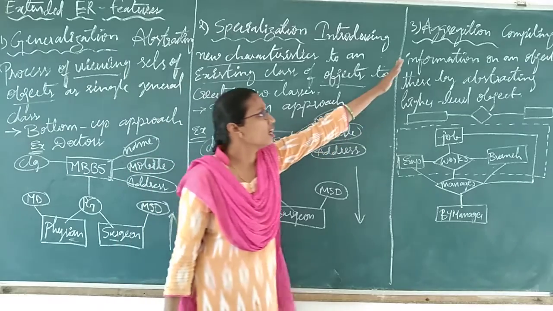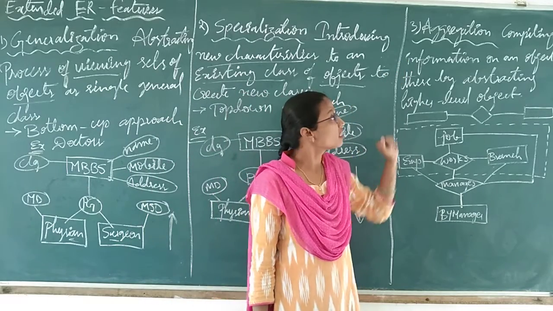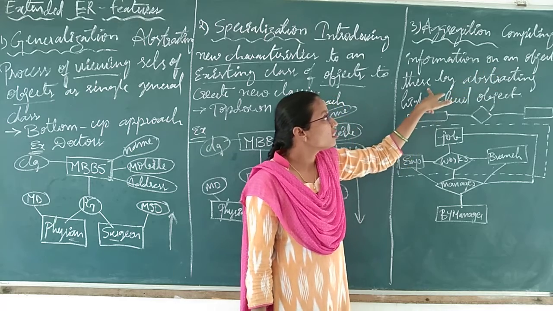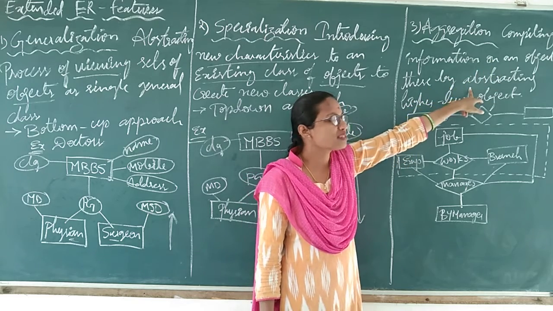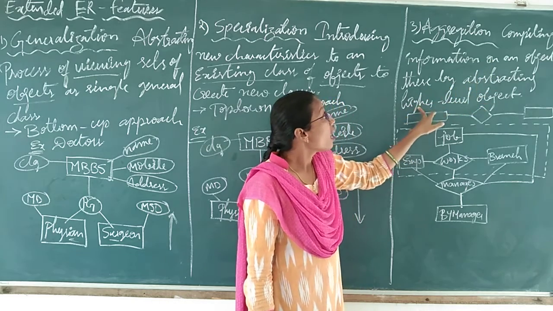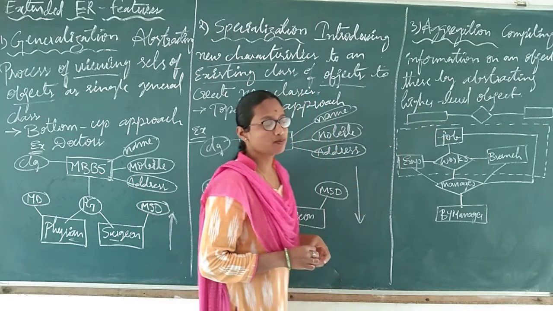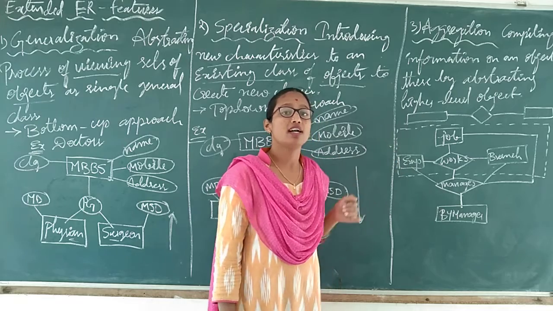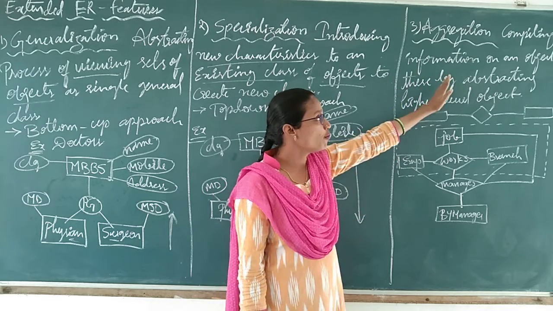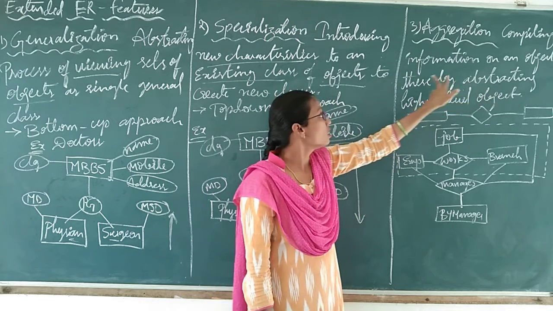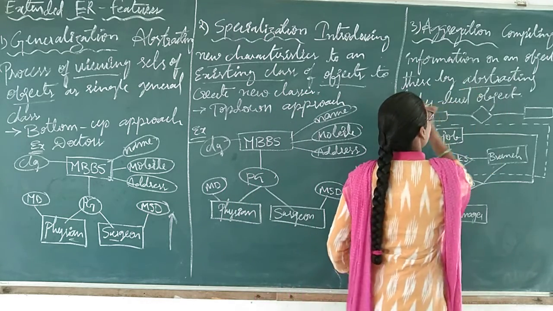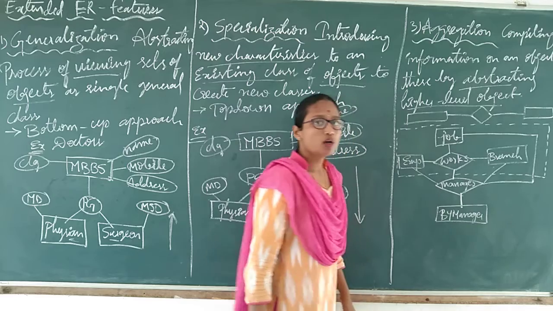And the last one is aggregation. Aggregation is combining information on an object by abstracting a higher level object. Combining information, adding the relation. Combining the information on an object by abstracting higher level objects. Okay, it is forming the